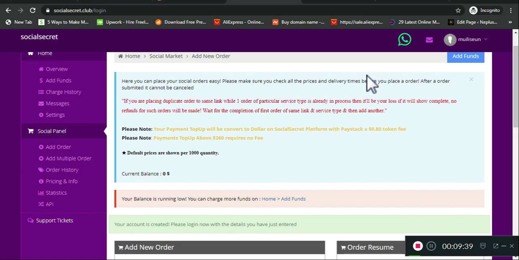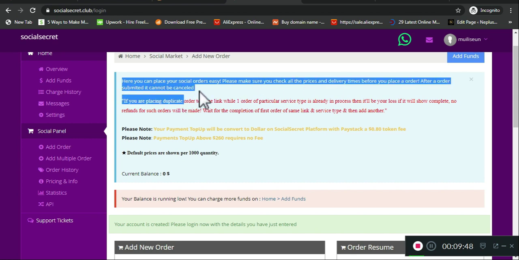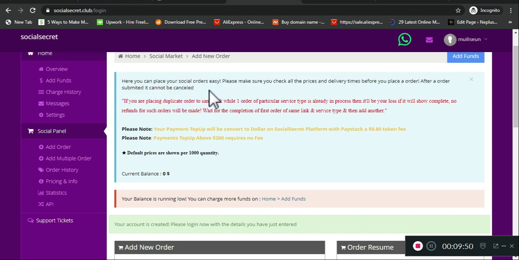So first, let's try to read what is here, please. You can place an order easily, and after the order is submitted, it can't be cancelled. That means you have to be very serious. When you're trying to link everything, you have to watch it very closely. So what did they say again? If you